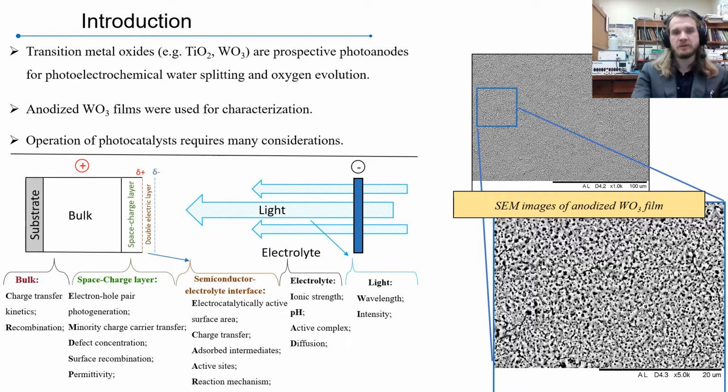The semiconductor electrolyte interface is equally as important because the photocatalyzed reaction proceeds on the material's surface through a certain mechanism, typically based on the absorption of an active species to the surface. The electrolyte should also be carefully selected, for example, the usage of hole scavengers to suppress recombination. And even the illumination must be adjusted suitably. The light should have enough energy to photoexcite the semiconductor material's electrons, and the reaction rate will depend on illumination